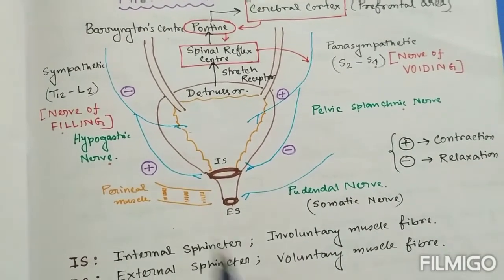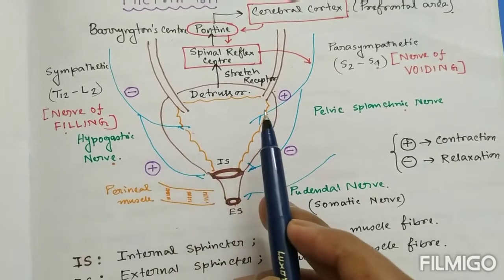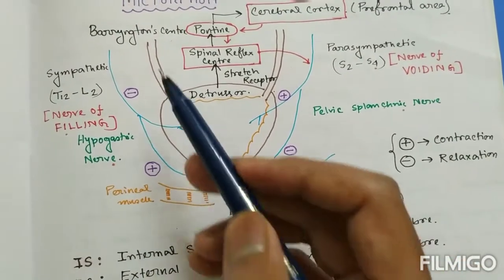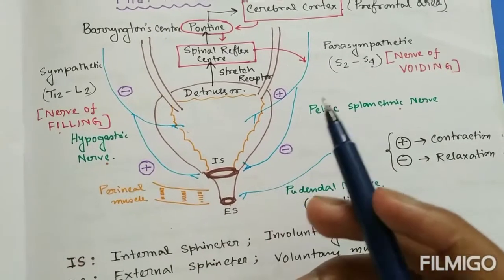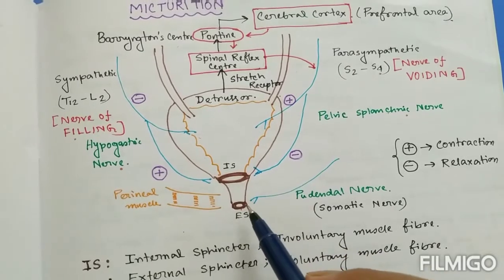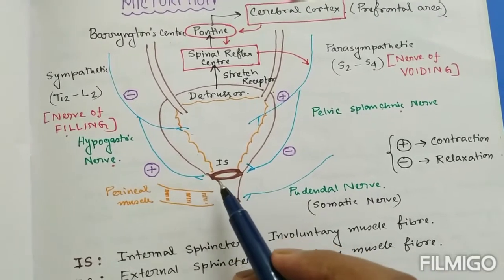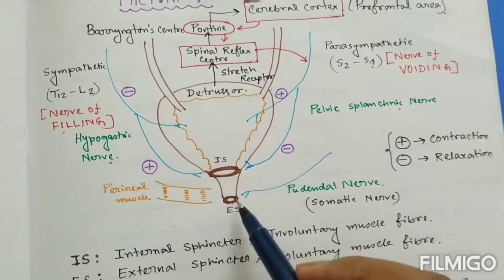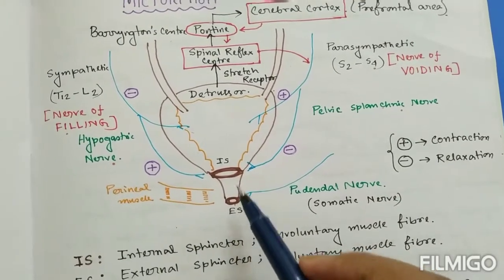First, we are seeing here a longitudinal section of the urinary bladder with the urethra and two ureters. Here the internal sphincter and the external sphincter are depicted. The internal sphincter is present just at the neck of the bladder, and the external sphincter is present more distal to it,